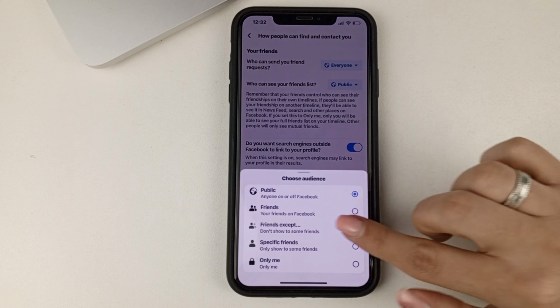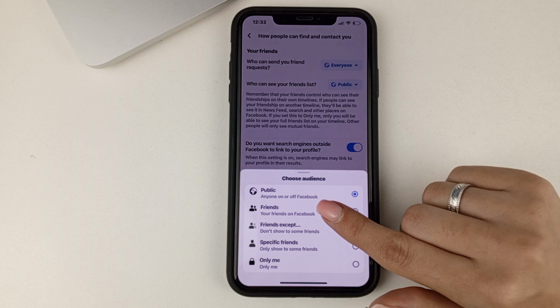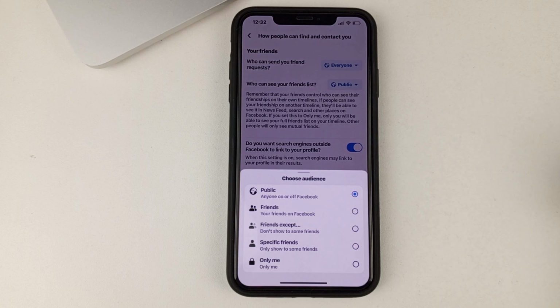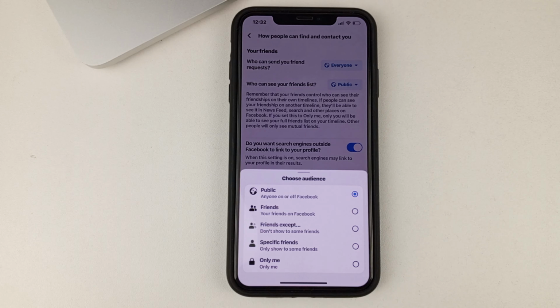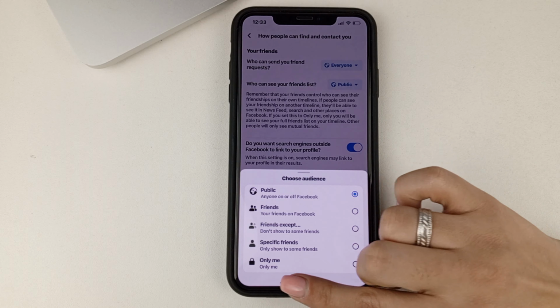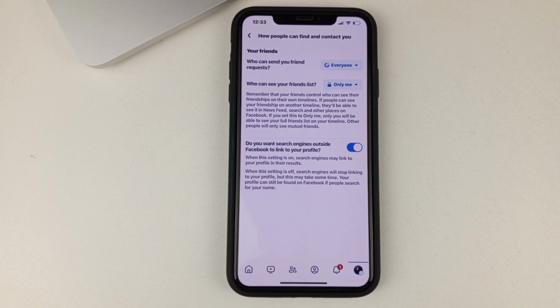As you can see here, there are many options that your friends list can be seen by everyone, either only your friends or a few of your friends, we can choose it, or one friend. It could be, for example, your husband, your girlfriend, your mom, or just you. If you want complete privacy so that absolutely no one can see your mutual friends or any friends at all, then you click Only Me. And then no one can see your friends or your mutual friends on Facebook.